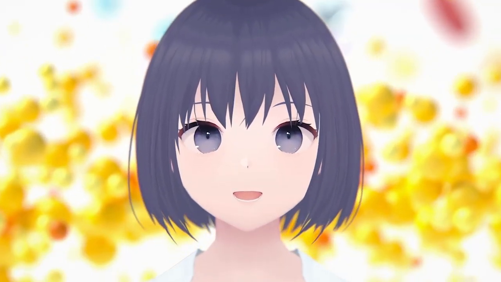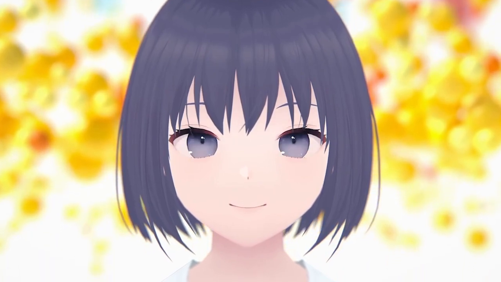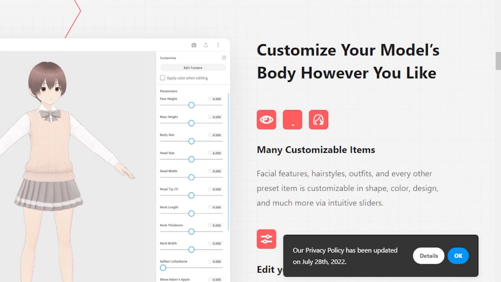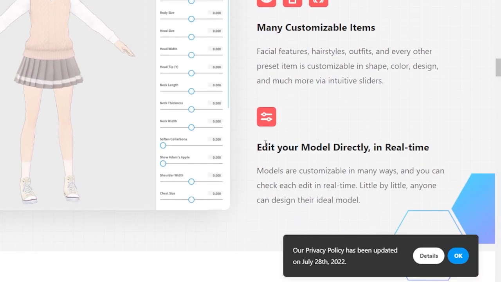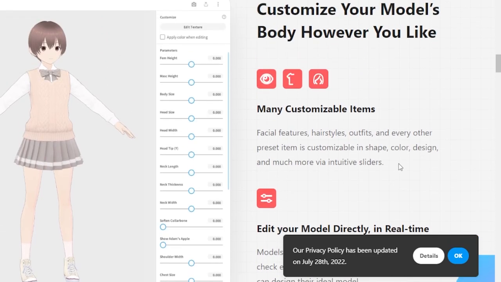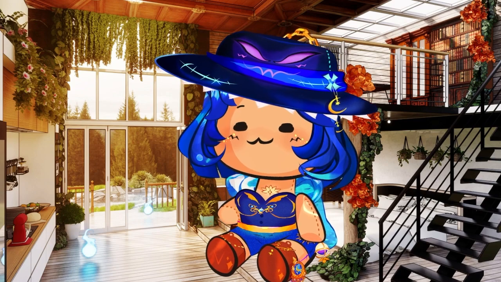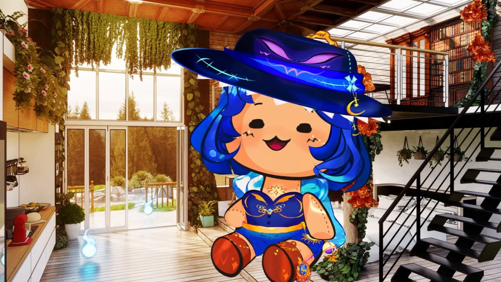Or there is the classic Vtuber Model that you can customize, and if you just take a look at their stuff, they say customize your model body however you like. Many customizable items, edit your model directly in real time. So these are all very, very customizable and very cool, and you can also use booth.pm to find resources for